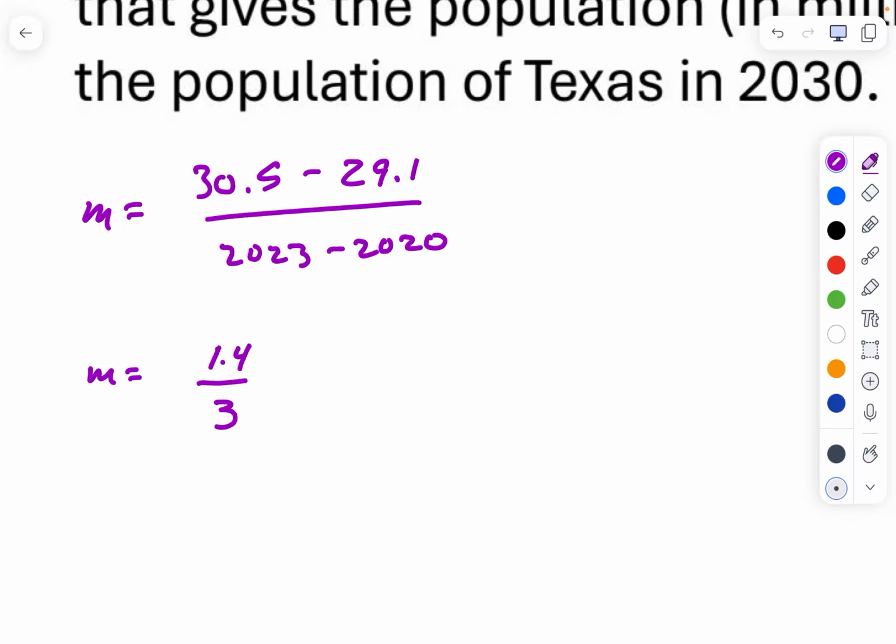Again, we could go fraction form. There's a lot of different options. I found my notes here. So that's 0.46 repeating, which happens to be 7/15. How are we feeling about obtaining the slope? We feeling pretty good about that? All right, now,